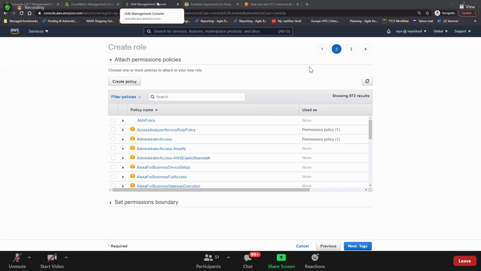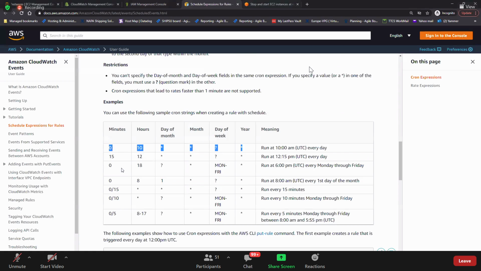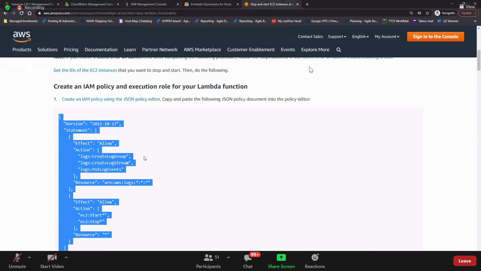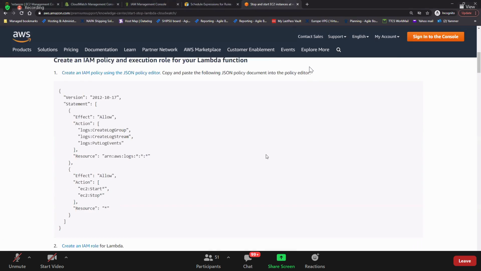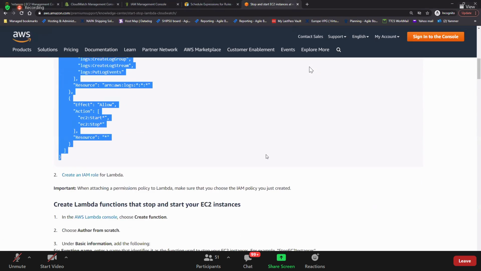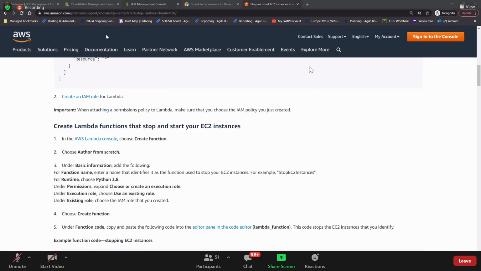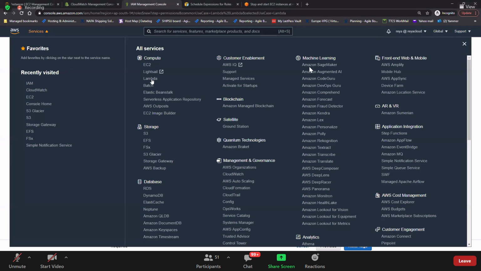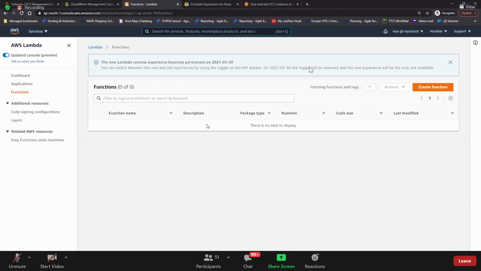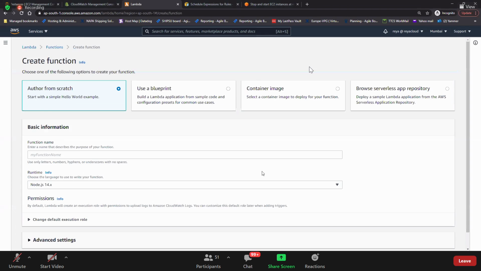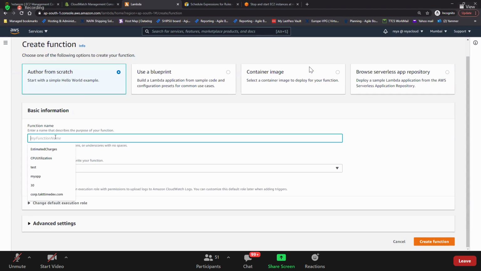Okay. So now the role is ready and the policy is ready. Now we need to go and create a Lambda function. Should I show you how to create a Lambda function? Right? See, let's go to Lambda. I told you, if you go to Lambda, it is a function. You need to go and create the function. Do you see that here? Create function. Okay, give the function name called stop function or something.